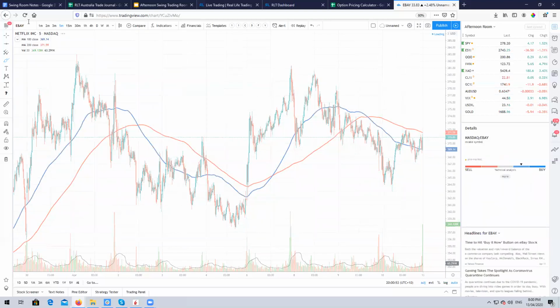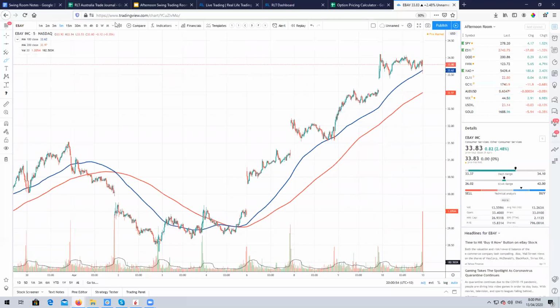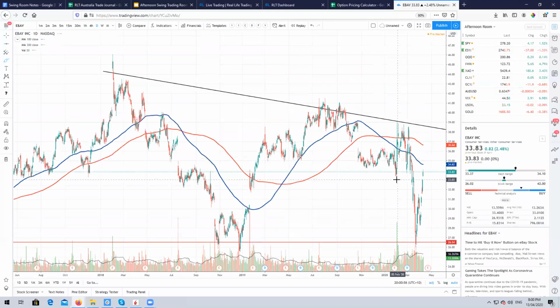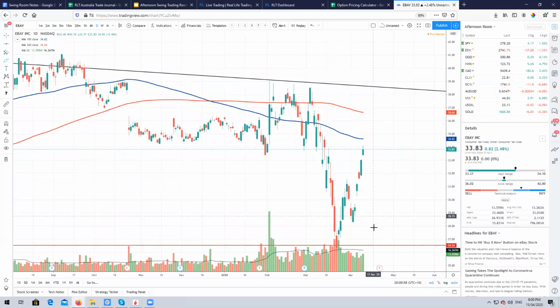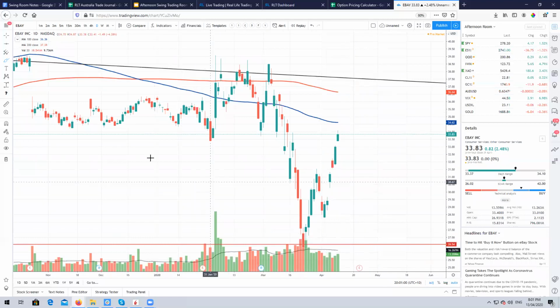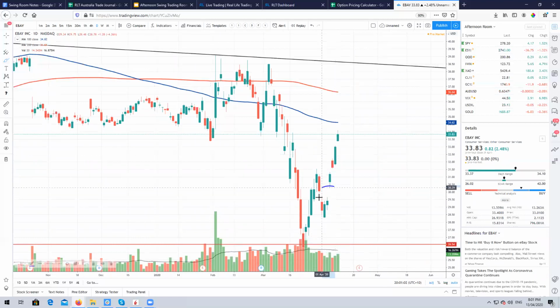So eBay is pretty flat on the day right now. Daily chart looking good. We've got earnings just around the corner. We've had a couple of retest gaps just not being filled just yet. We've had 3 retest gaps not being filled. We've got the 100 simple moving average. We've had a move up of